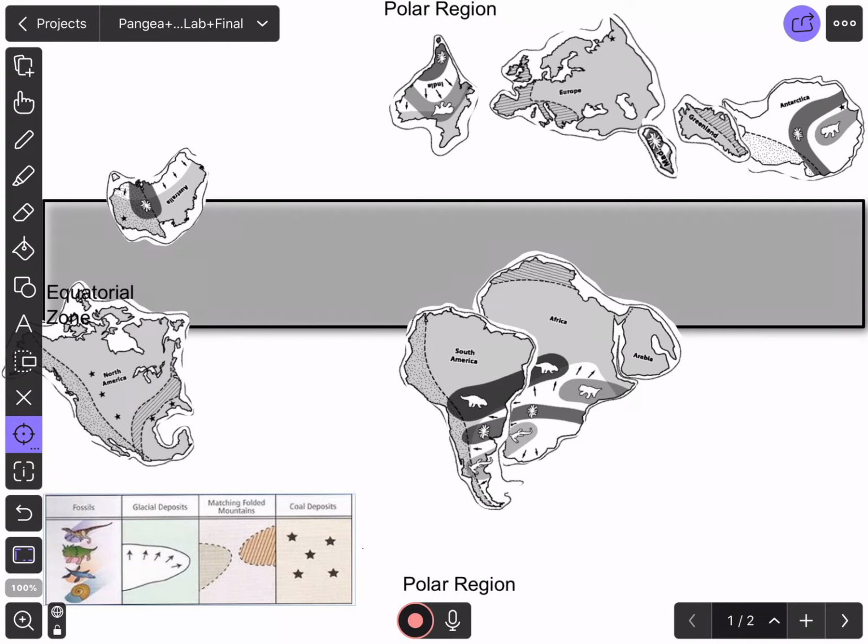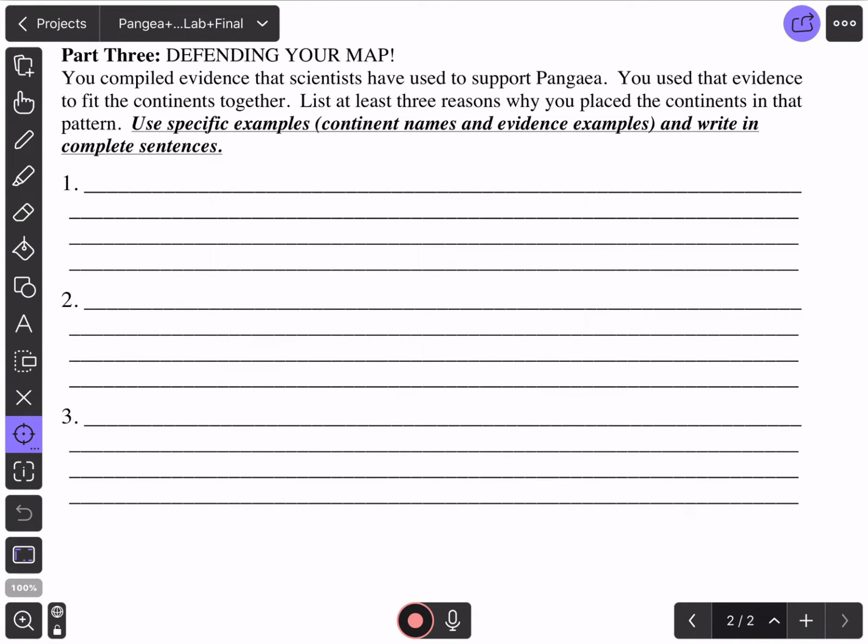Now there's one more thing with this. If you look down here in the bottom right-hand corner, what we have is a 1 out of 2, so that actually means that we have 2 pages within this file. So you need to hit the arrows back and forth, and it'll take you to either one. But on the back, what you're going to do is find pieces of evidence. So it says you've compiled evidence that scientists have used to support Pangaea. Use that evidence to fit the continents together and list at least 3 reasons why you place the continents in